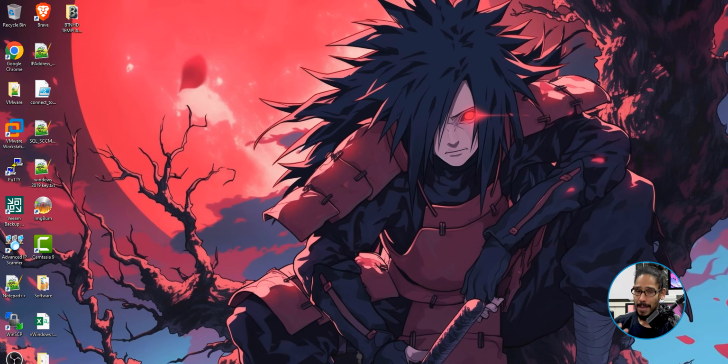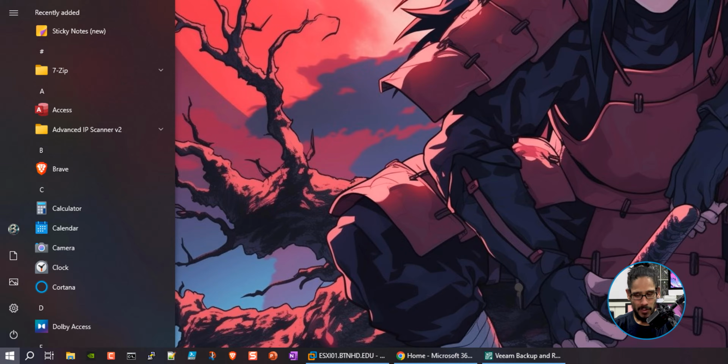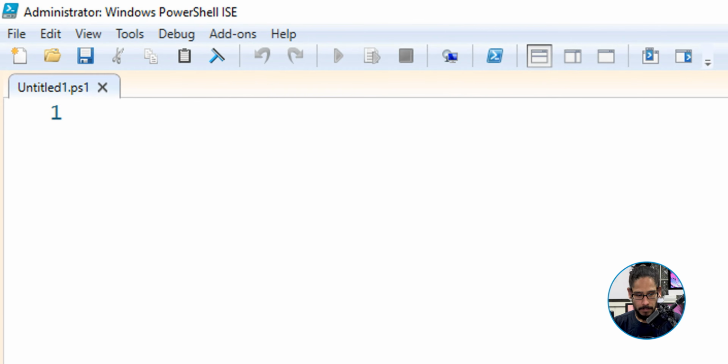Now on the desktop, I'm going to do a little bit of PowerShell, because this is the only way that I know how to do anything behind the scenes with Microsoft 365. So I'm going to click on the start menu, and within the start menu, I'm going to start typing PowerShell ISE. You could type in ISE, it's up to you. I am going to select run as an administrator. Just select that, open, it opens up.